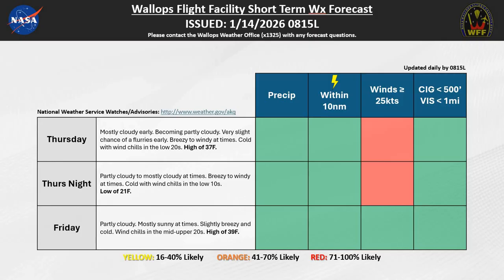And it will also be quite colder with our high temperature around 37 degrees, and those wind chills will start to feel like the low 20s as we move through the day on Thursday, possibly the upper teens at times. Thursday night, another cold night, partly cloudy to mostly cloudy at times, as we will have some clouds lingering around. Continue to see some breezy to windy conditions, and those wind chills will start to approach those single digits, generally expecting the low teens, because can't rule out seeing some single digit wind chills, but the actual low temperature will